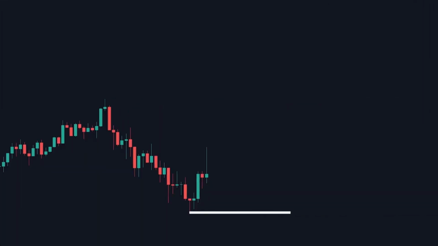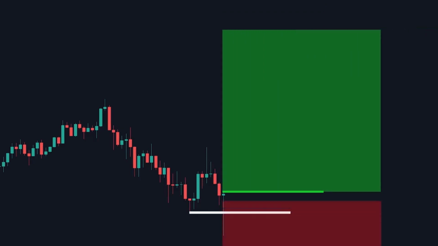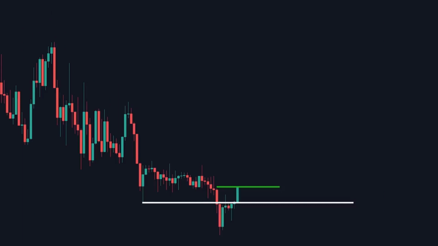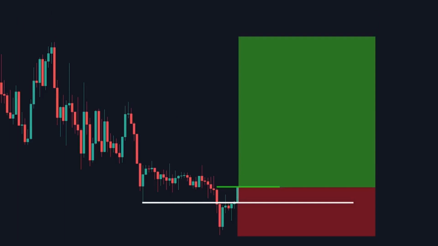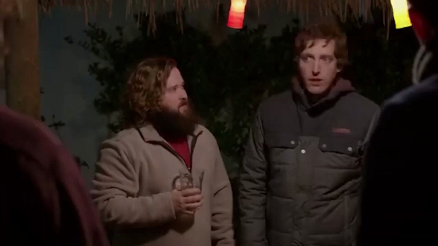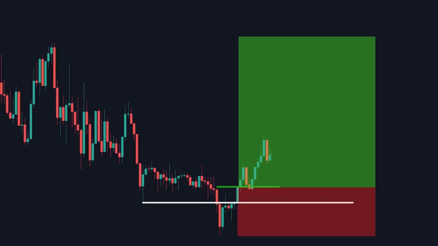Because you are finding the exact bottom or top of the move, the profits are going to be really big and the losses are going to be very small. So for this example, you would enter here, set your stop loss right below the liquidity grab, and you're going to set your take profit at a recent high. So like this. And just look at this risk to reward ratio. Even if this trade is a loss, it's going to be a very small loss. And if it's a win, well, we're rich. So in this example, you can see price reversed exactly at this point and hit our huge take profit